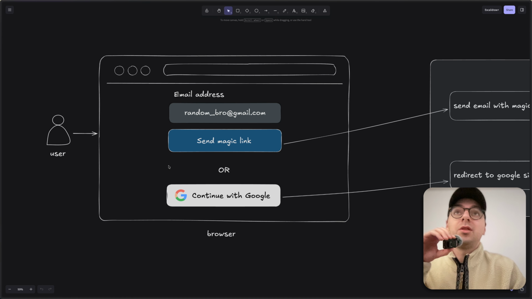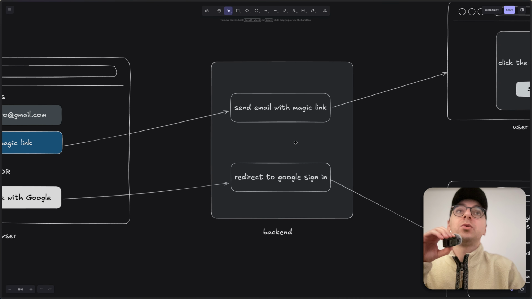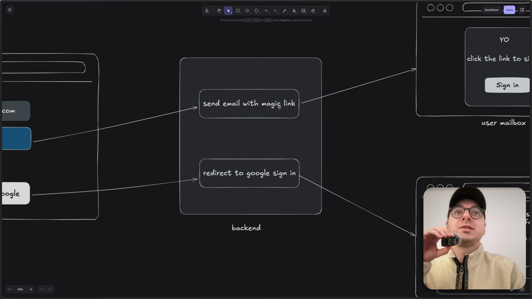So I imagine the login screen should look something like this. There should be two options, either login with Magic Links or with Google Sign-In. And here is how Spring handles that by default. So for Magic Links, it generates a one-time token, and you would need to be responsible for sending that one-time token